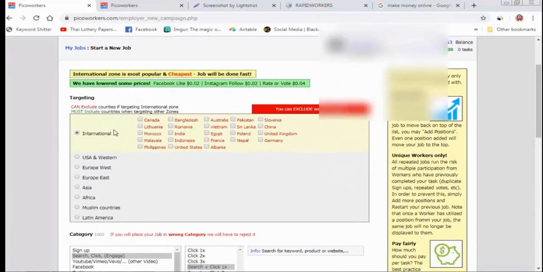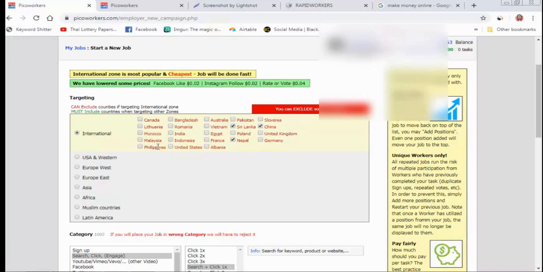And I have deselected some countries because I don't need clicks from China. I don't need clicks from Nepal, for example, Sri Lanka and Morocco, and the Philippines. Philippines also I don't need clicks. So these countries you can deselect or you can select, no problem. In my experience, if you get clicks from the Philippines, I go to 30 cents something CPC on my AdSense account.